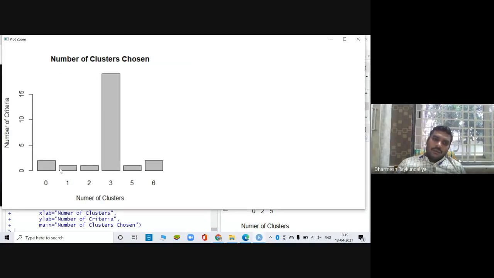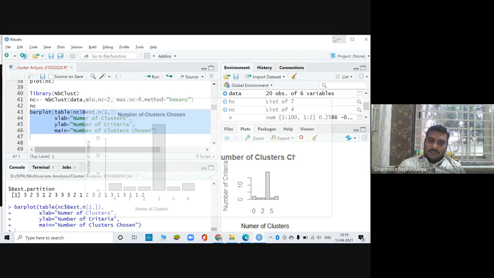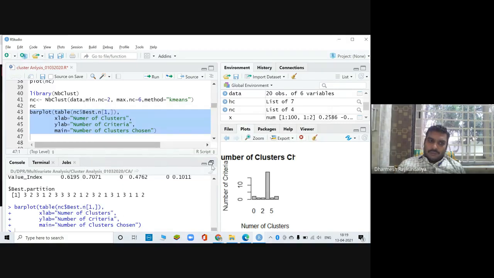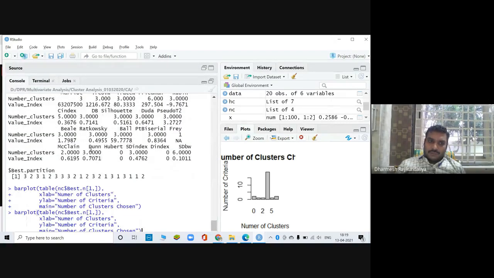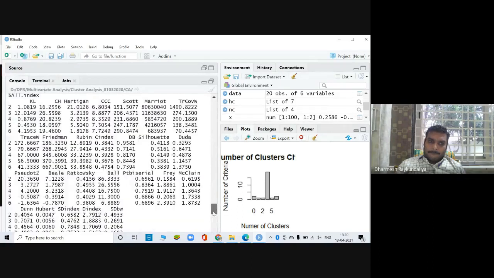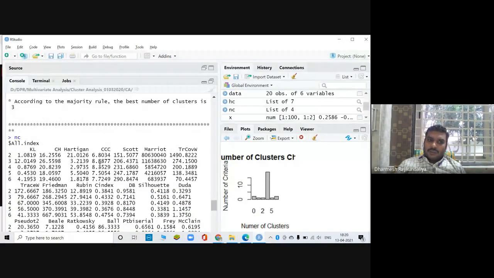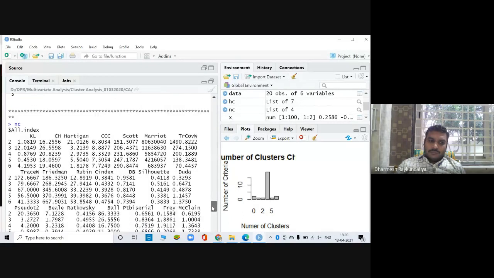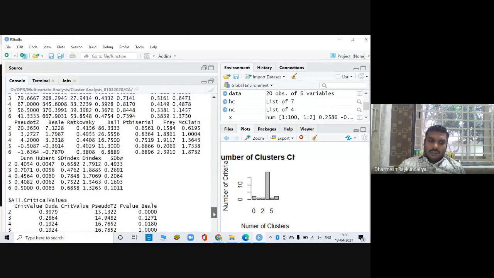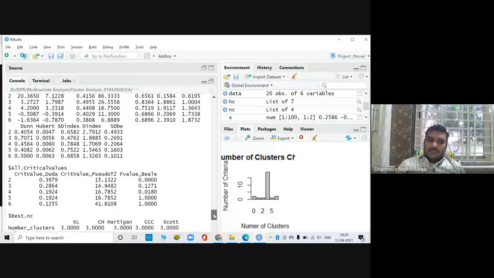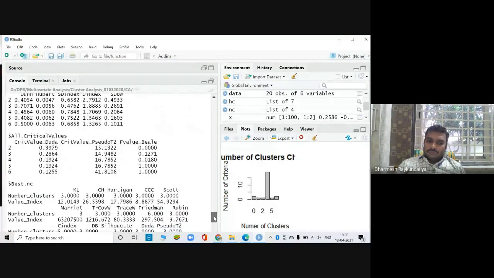So it is saying that 3 clusters satisfied by the maximum criteria। कितने, तो 18 जितने क्राइटेरिया हैं, which is saying that number of clusters are 3. What are these criteria? तो यहाँ पे आपने जैसे n से लिखा तो these many criteria are there। ये सारे क्राइटेरिया हैं, CH, हैरिंगटन, CCC, स्कोर, मेट्रियोट। तो लाइकवाइज कितने क्राइटेरिया हैं, ऑलमोस्ट 33 जितने क्राइटेरिया हैं, and out of this they are saying that 3 clusters are possible।